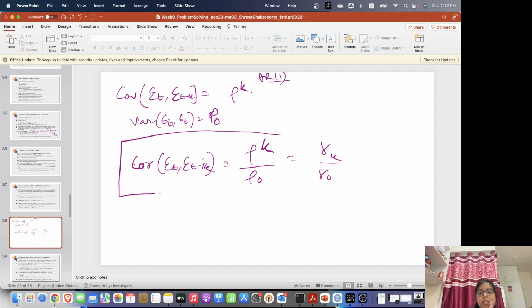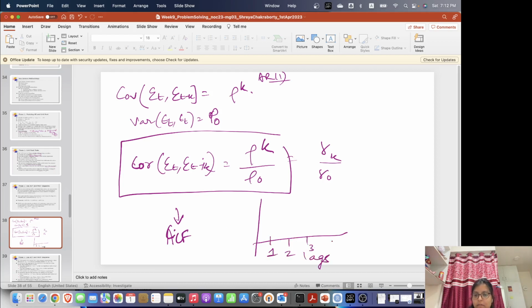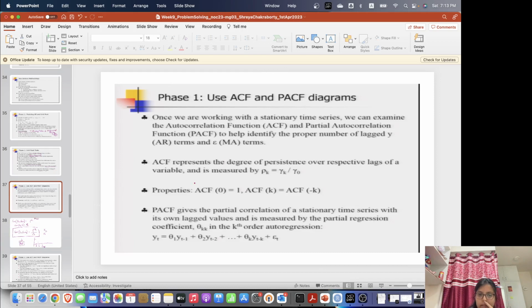So this function is my autocorrelation function. So when I'm doing a plot, these will be my lags, and here I am plotting the ACF. So this one will be the value of the correlation of the current time point with the previous time point. Here I'll have the value of correlation between current and 2 time points backwards. So this is how the ACF is getting calculated, that is the autocorrelation function, and the PACF will give